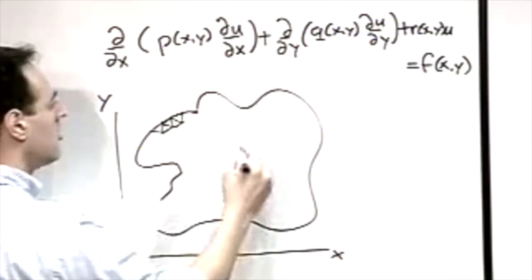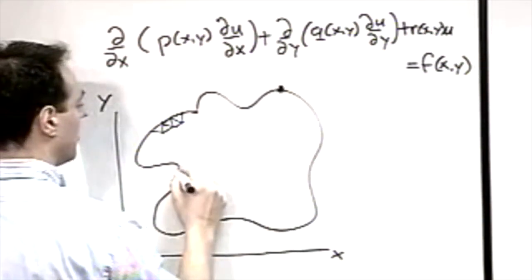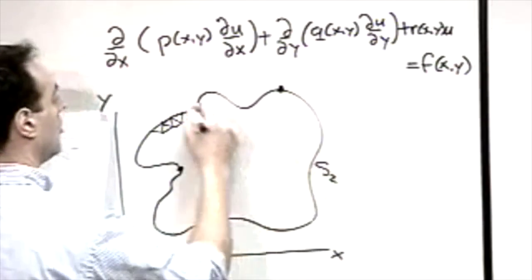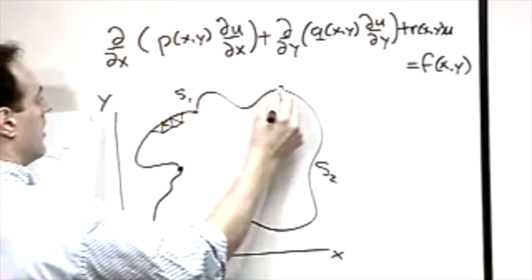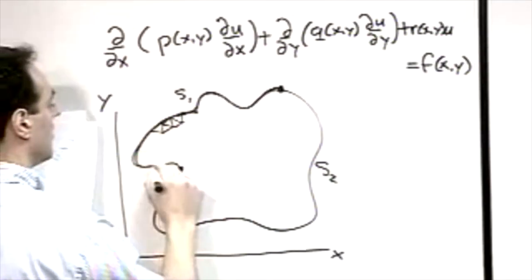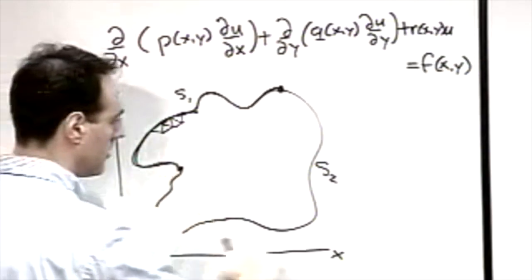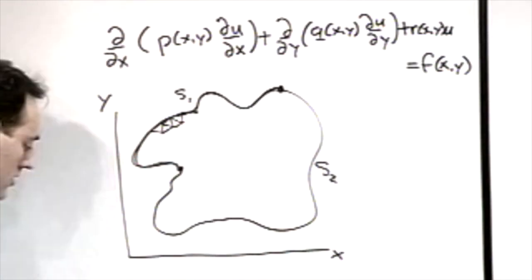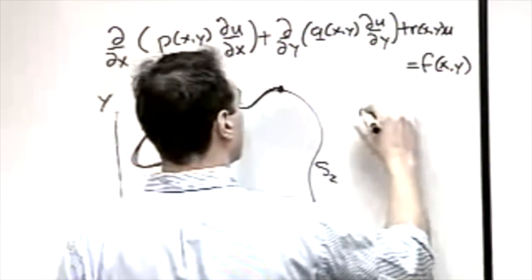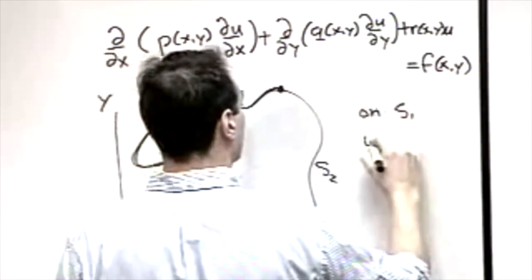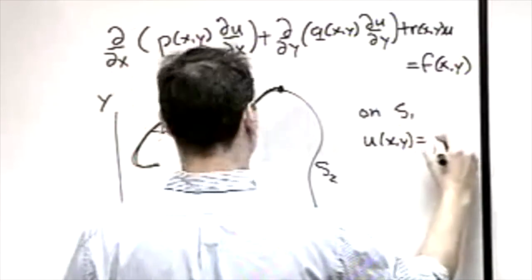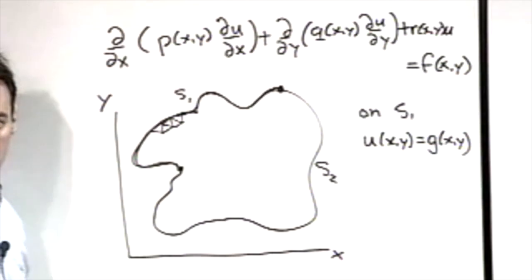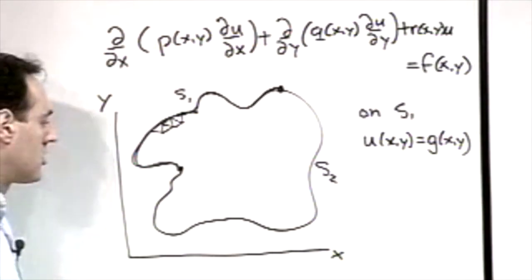And the nice thing about this, too, is you could say, well, let me break up this domain into two pieces. On this side over here, I have some boundary S2, and over here is S1. So notice S1 is from here to here and has some boundary conditions, and S2 is from here to here. And I can make any kind of boundary conditions I want. So for instance, on S1, I'm just going to impose that u of x,y is equal to some function of x,y, for instance. And on S2,